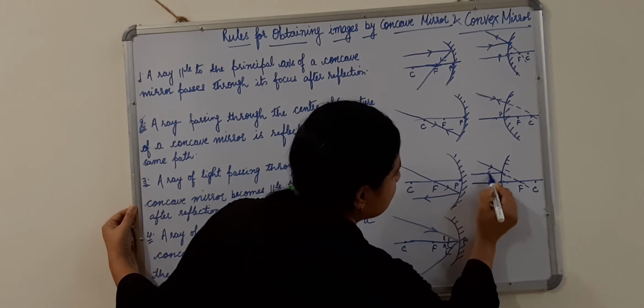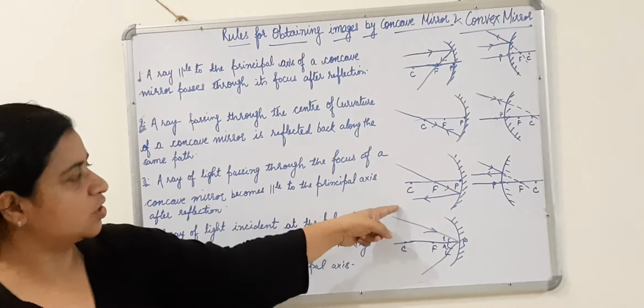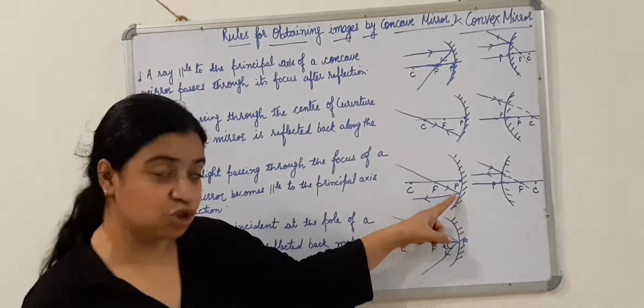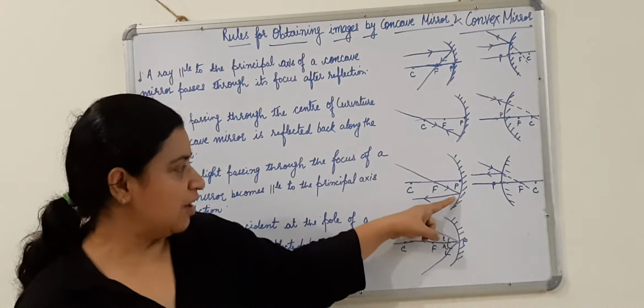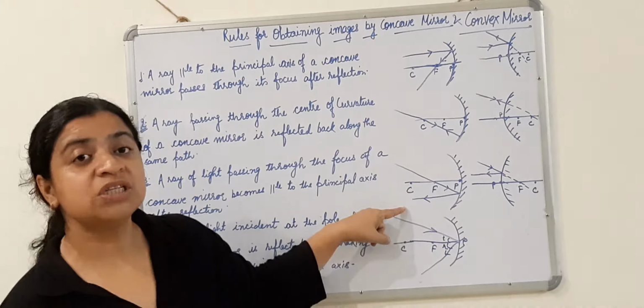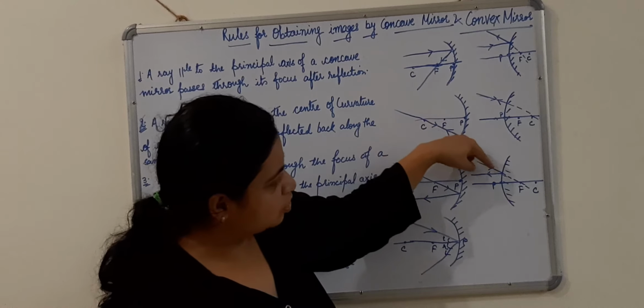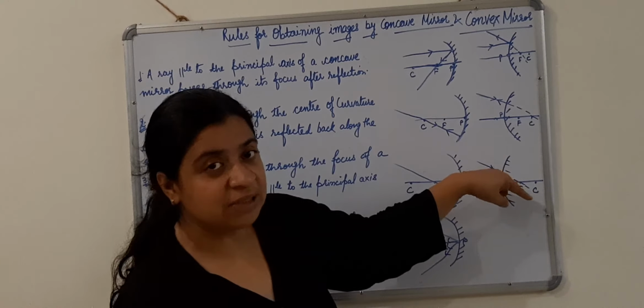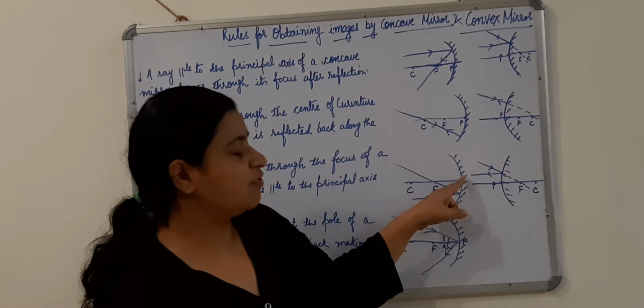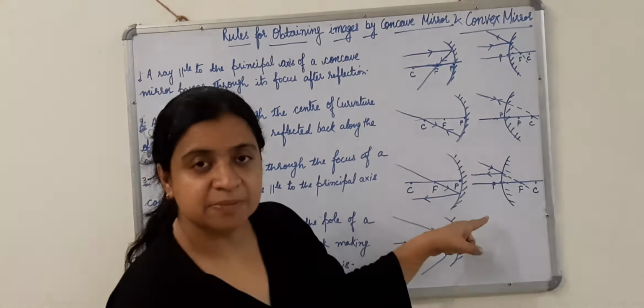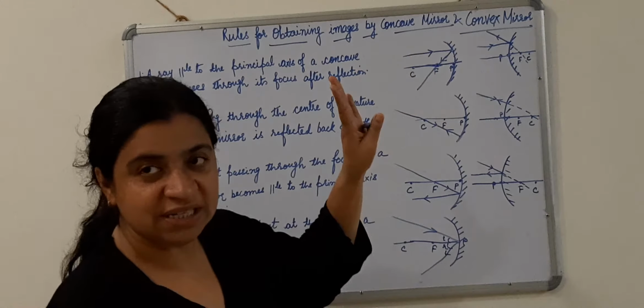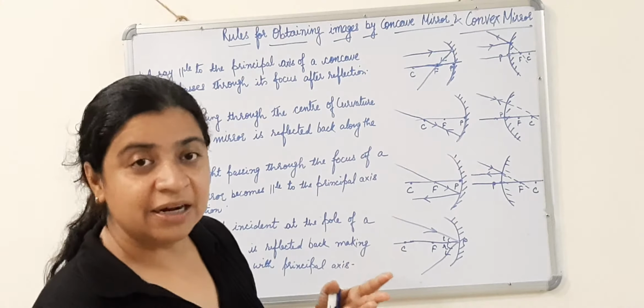Any ray of light which is projected towards a focus, after reflection, it will be parallel to the principal axis. Here also any ray of light which was actually passing through the focus, after reflection from the mirror, it was parallel to the principal axis. Same case here, any ray of light which is projected towards the focus of the convex mirror, after reflection it will be parallel to the principal axis. Same case, same thing. Rule is same in both the cases, concave or convex, but the diagrammatic representation is